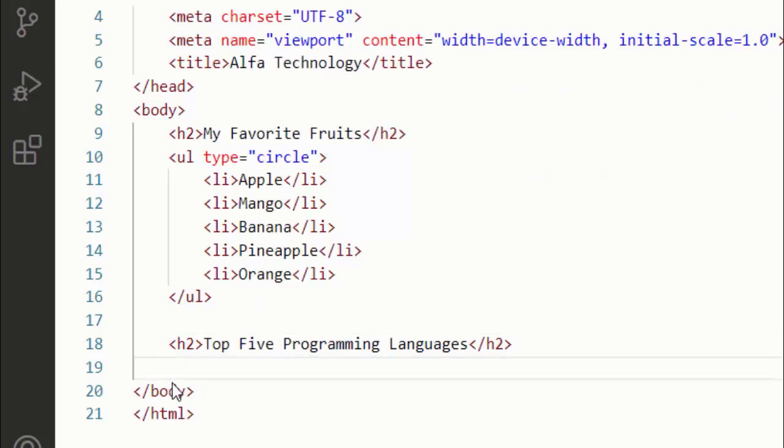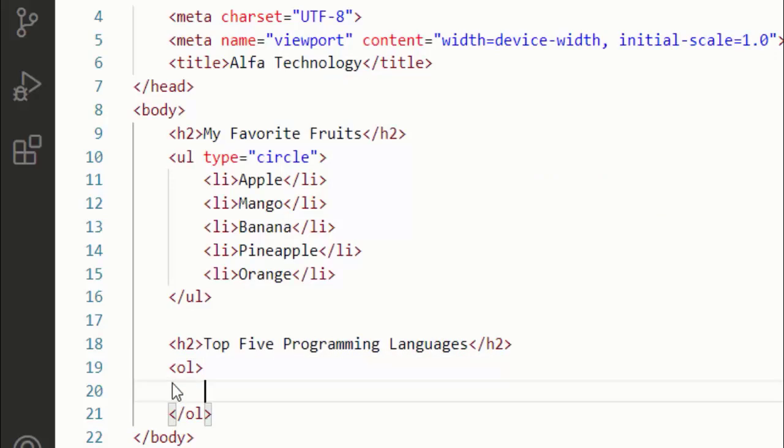We will come down and here we need to use ol, because whenever we use ol, it means we are writing a list in which the order matters. In an unordered list, the order does not matter, but if the order matters, you use the ol list.